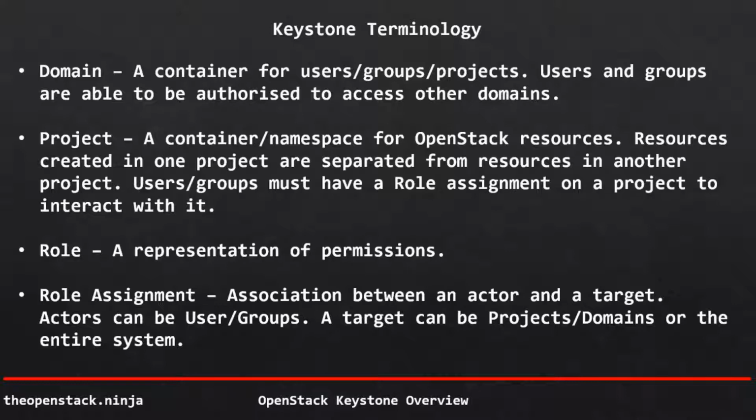Role assignment is just the association between an actor and a target. An actor in OpenStack can be classed as a user or group, and a target can be a project or a domain or the entire system. So when we say a role assignment, we're saying that we're taking an actor, a user, and giving them the role assignment of member on a specific project, which means that user can then interact with that specific project, and based on the role that has been assigned to them, they're allowed to perform a set number of tasks. And obviously, which role you associate dictates which